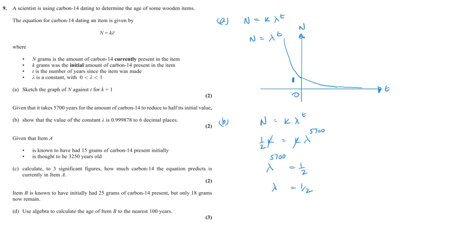Now it's y to the 5,700, so we take the 5,700th root, and that equals 0.999878426, which to 6 decimal places is